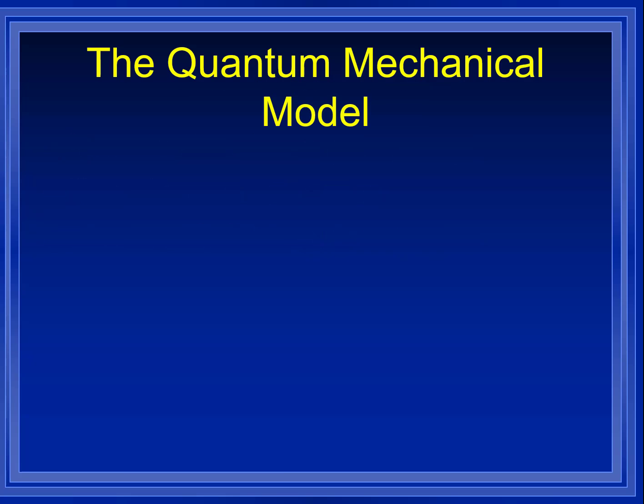Now, the quantum mechanical model is the application of Schrodinger's equations. Good news for you. You will not have to solve Schrodinger's equation. Here's why. The first time I saw Schrodinger's equation was when I was in my 4th semester of calculus. And the first thing we did with that equation was prove you can't solve it. Unless you're familiar with some radial, it's not in X, Y, and Z, it's in R, theta, and phi,